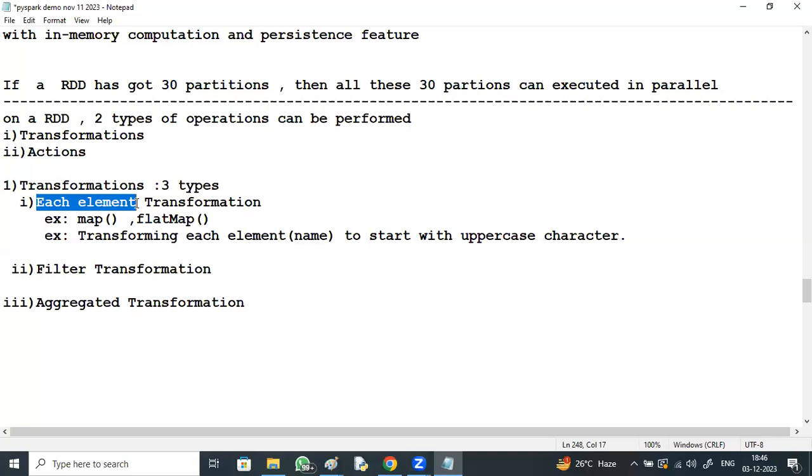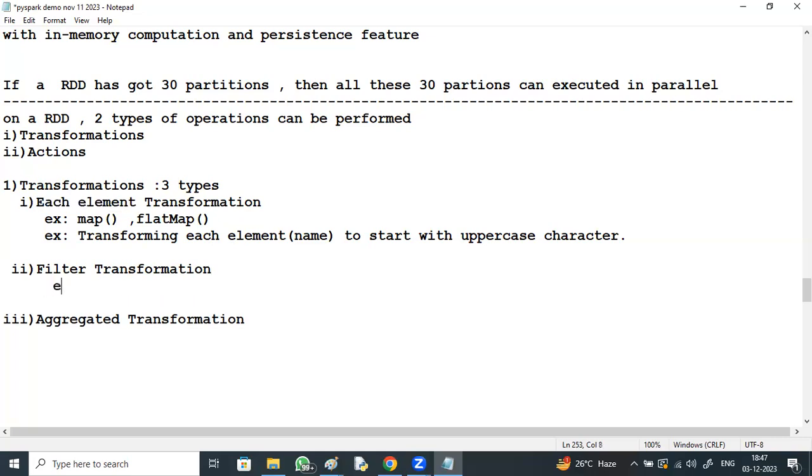Filter transformation: filtering based on city, filtering based on department, filtering based on salary. So here we have got some built-in functions like filter. The filter function is available. Filter by range.